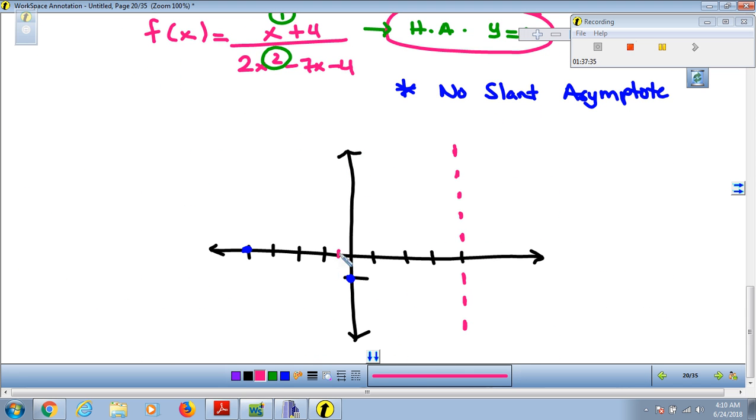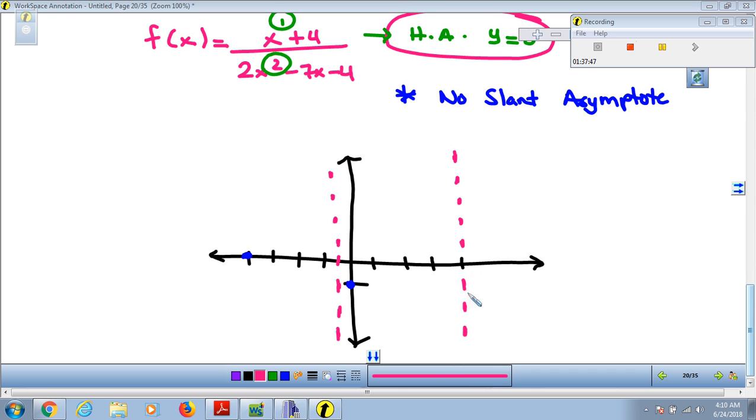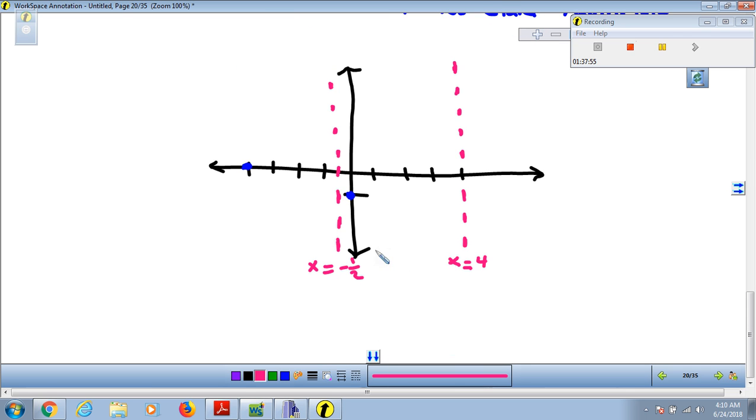And -1/2. There's a horizontal asymptote at y equals 0. So this is x equals 4, x equals -1/2, and here